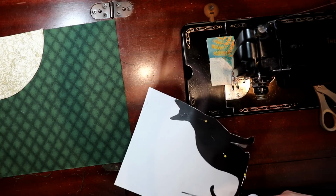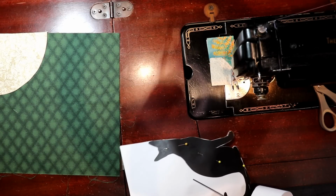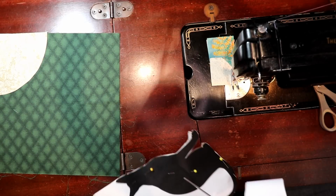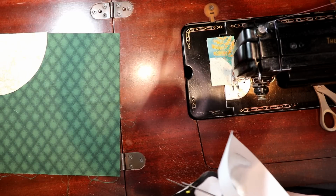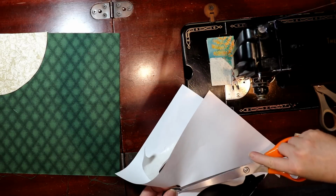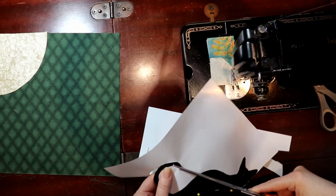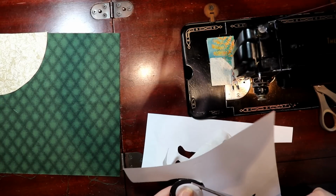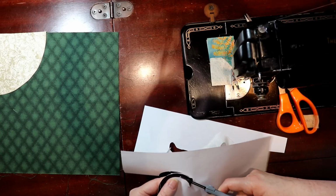But it's kind of fun to put an art block into a child's quilt, because they get a different appreciation of quilting, that it's been an art form, not, you know, something to keep them warm, right? Now we want to be careful not to cut the cat's tail off, so I'm switching back to the